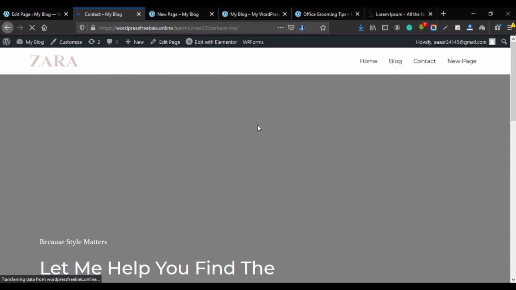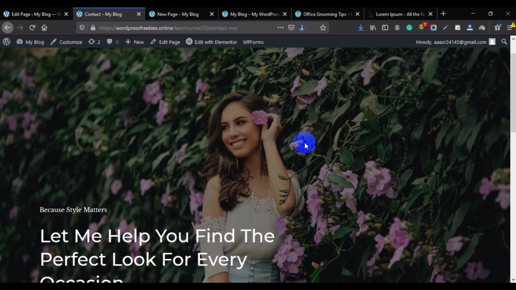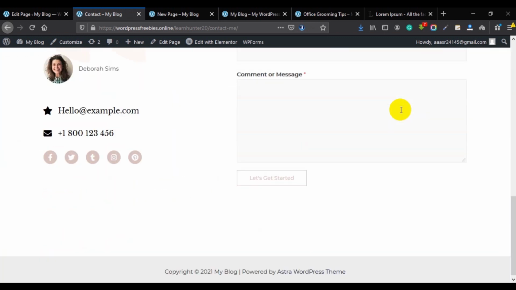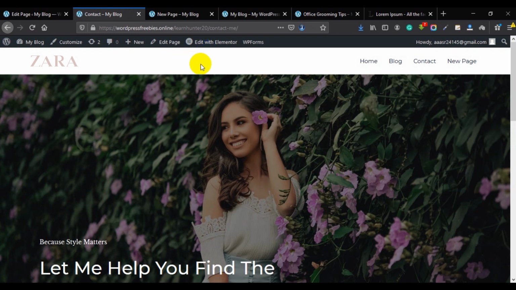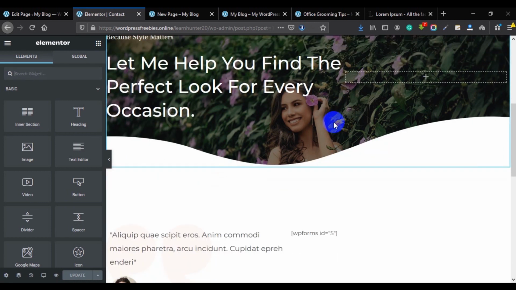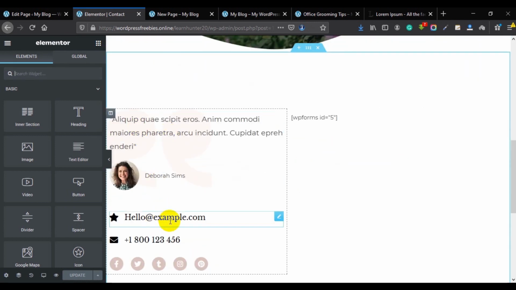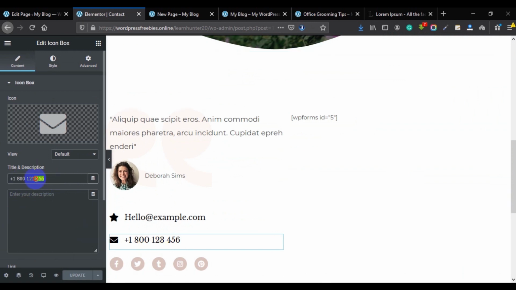Many of you may ask me how we can actually change the contact us page. This is also as easy as our home page. You can simply click on Edit with Elementor. Okay, whatever page you want to design or you want to edit, you have to simply go to that page and click on Edit with Elementor. And from here, suppose you want to change this phone number, simply click on this and you can write your phone number right here. Okay, suppose my phone number is